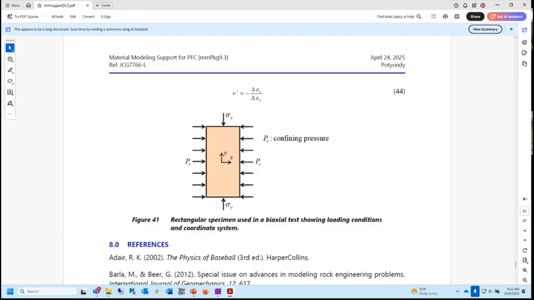Okay, that's plane stress. But you could also put two plexiglass plates here that are infinitely stiff and that are lubricated. And now when you squeeze it, it's not going to bulge out. It's going to have zero strain in the out of plane direction. They call that plane strain. And a plane strain boundary condition is going to be stiffer overall because now it's confined. It's going to be stiffer.